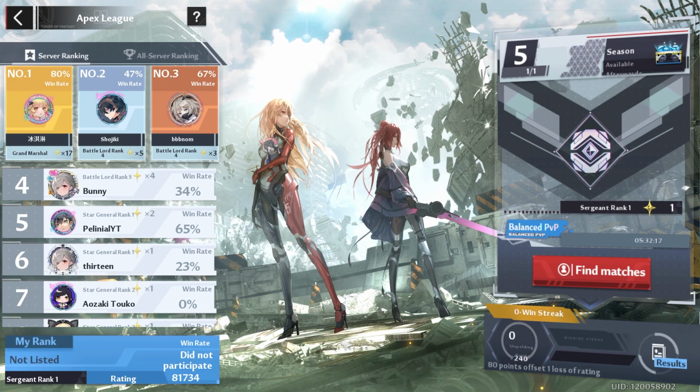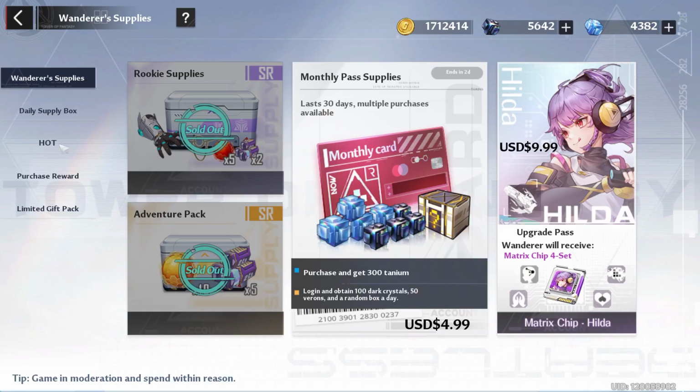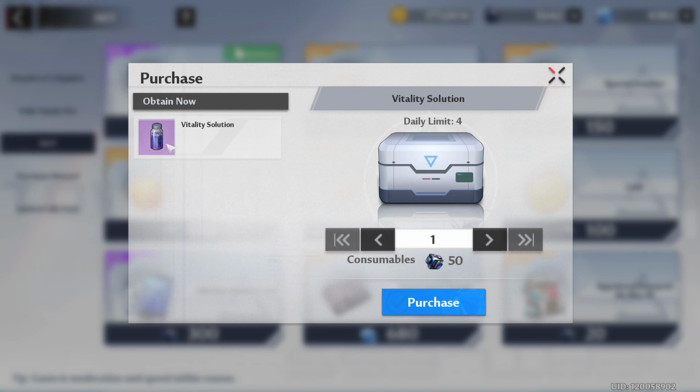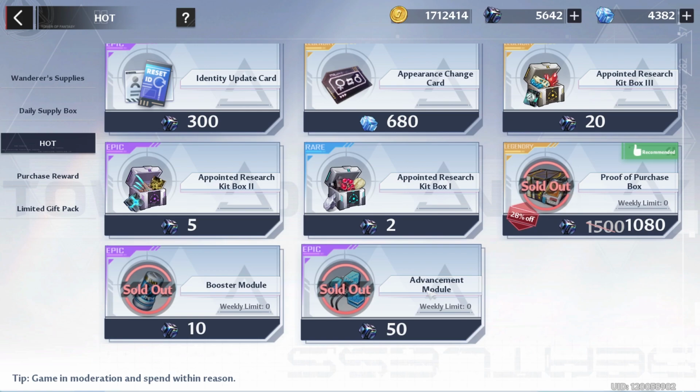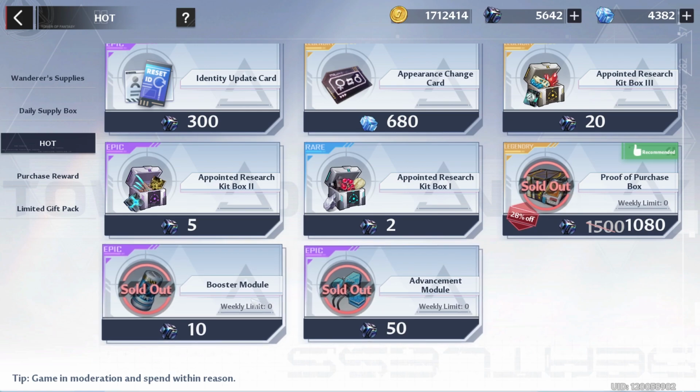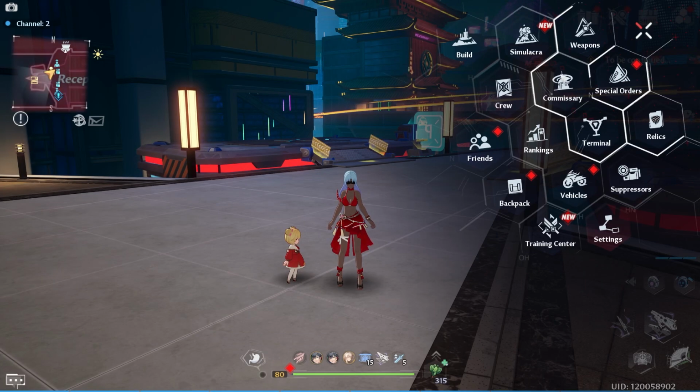And Apex League, if you're trying to reach Grand Marshal this season, you might want to put a couple hours in. Then we got our daily buys, so you want to go to shop, hot, and then buy your 2 Vitality solutions. For me, I'm going to pass because I still have 105, but if you can afford it, you want to go ahead and buy your advancement modules and your booster modules for the week. And if you want to, you can always get Appointed Research,